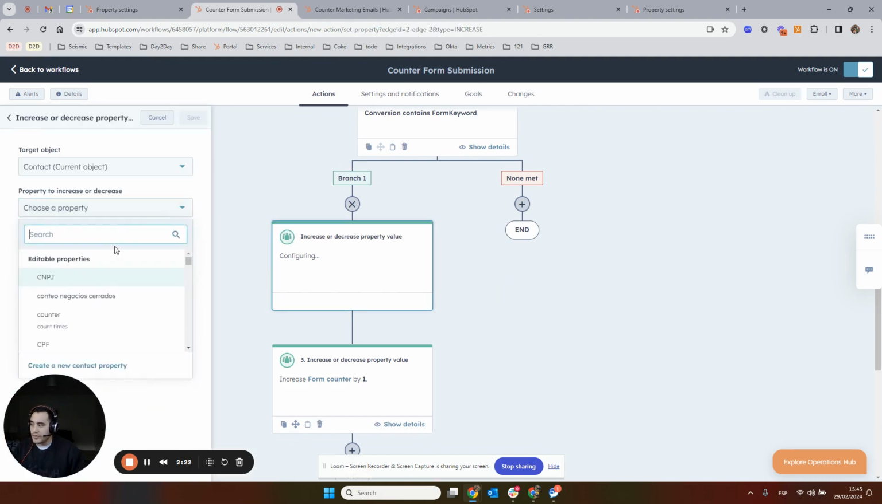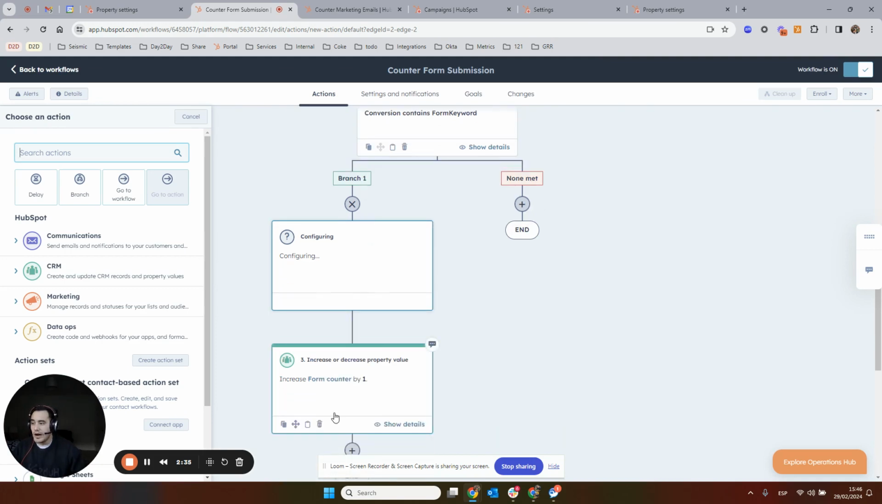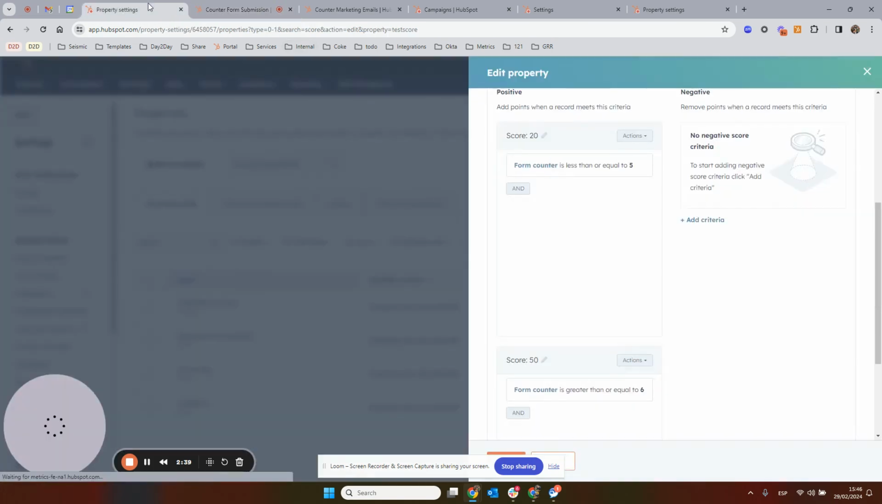So you can add it, for example, that whenever they meet this criteria, which is the last conversion was the specific form that they want, add 1 point to the counter. So what you can do then is